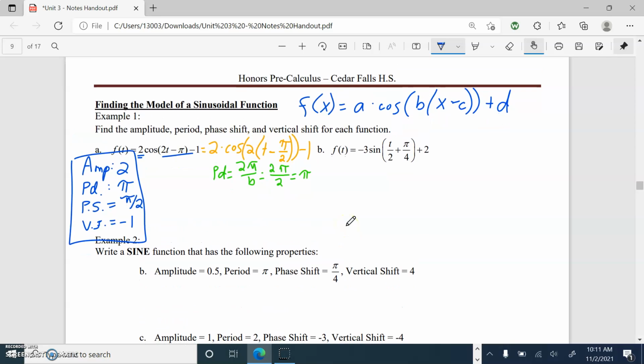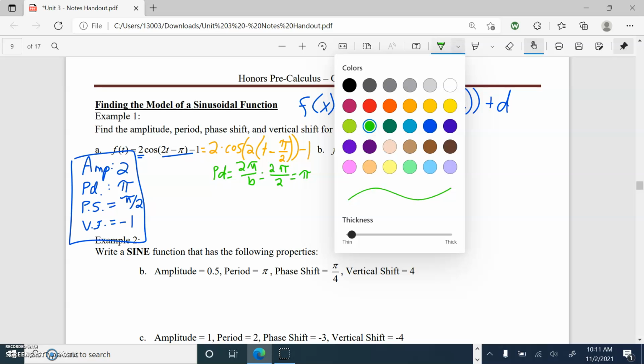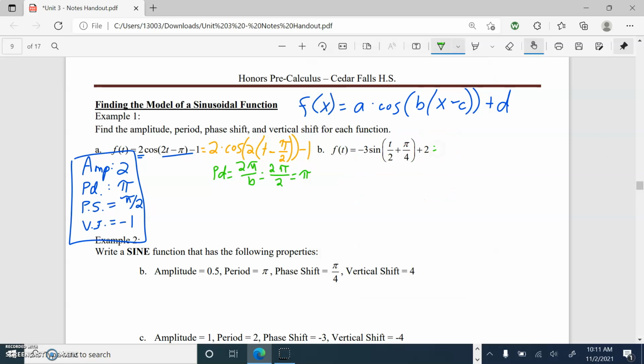Yeah, let's do B really quick. I know we're at 9 minutes, but I want to try and get this in one video. So let's get at it. So, in green, I'm going to rewrite this as negative 3 sine of 1/2. So I have to factor out, it's t over 2 right now. I just want t by itself. So 1/2 t